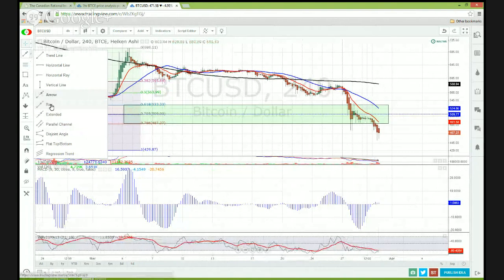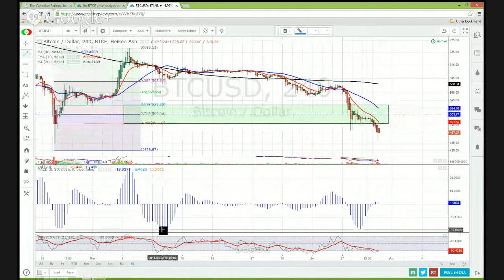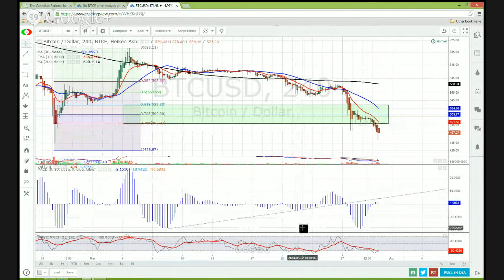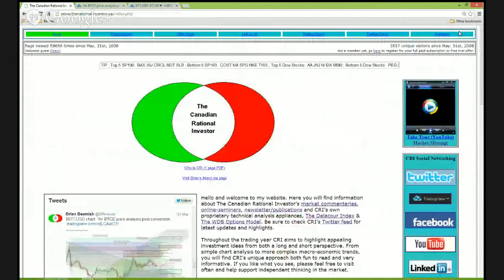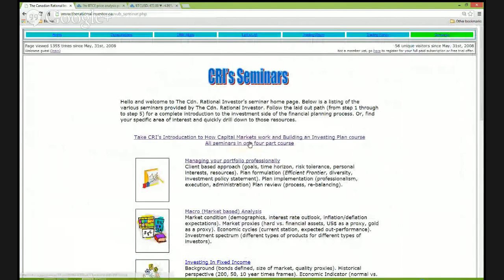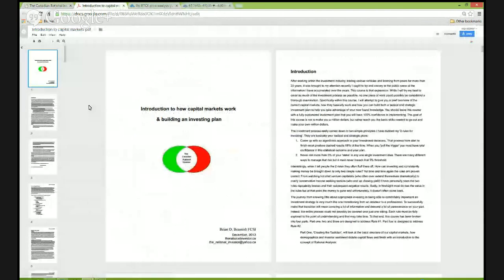The MACD is basically a comparison of two moving averages, looking at the separation and the tightening of the two moving averages. And ideally, as I mentioned in that technical analysis course that I did, what we're really looking for here is